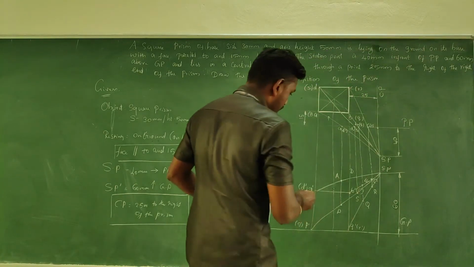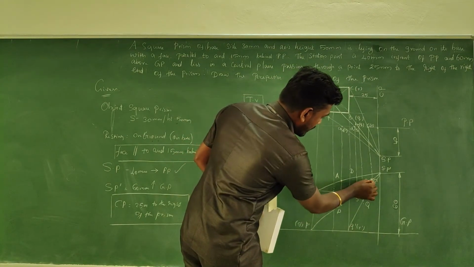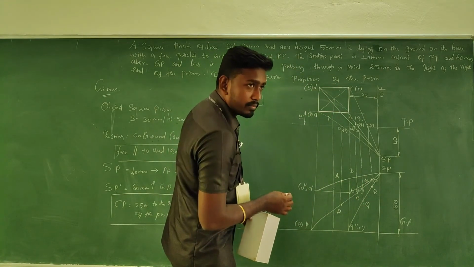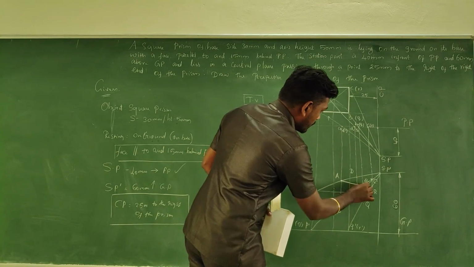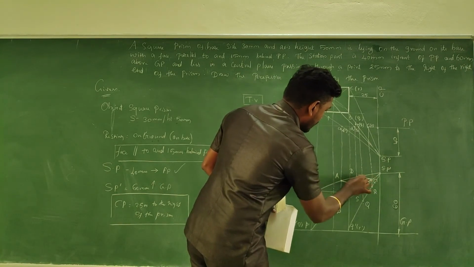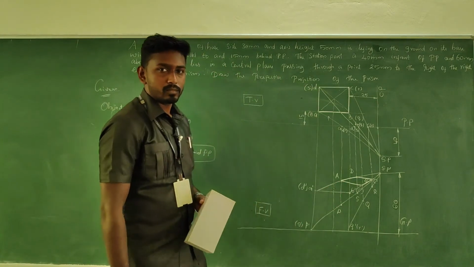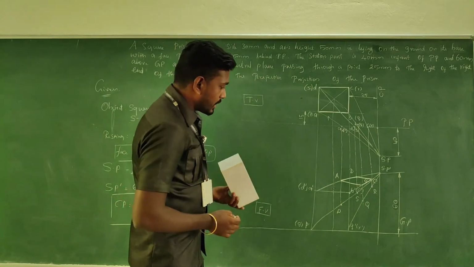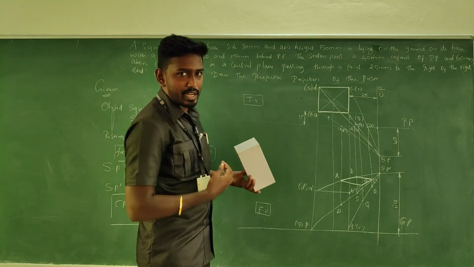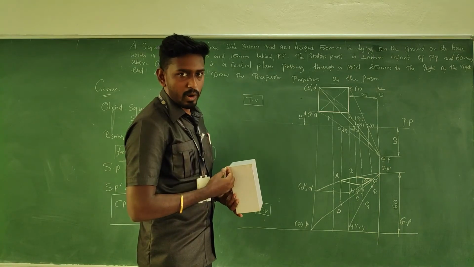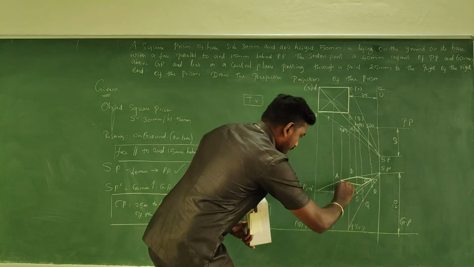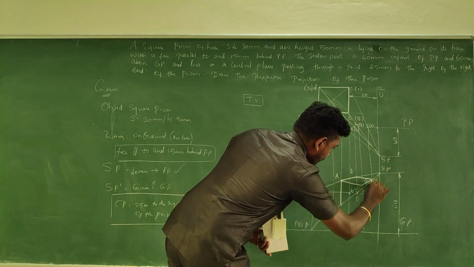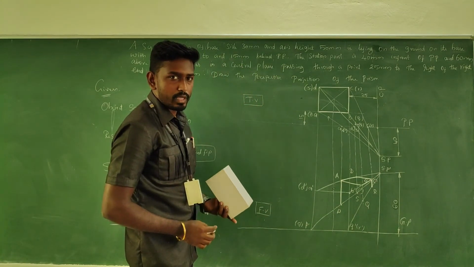So what we can do is, top base A, B, C and D, we can make it as a dark one. Okay, A to B, B to C, C to D, D to A as a dark one. Always top base will be a dark one. And I can give a hint, always the left edge stream and right edge stream, longer edge will be a visible one. Okay, so without any confusion you can make a dark line from the C, drop a line. Okay, this is how it will be.